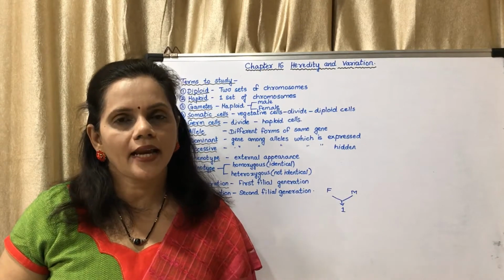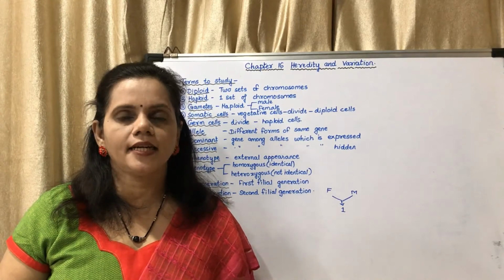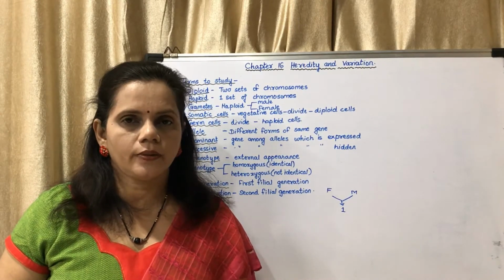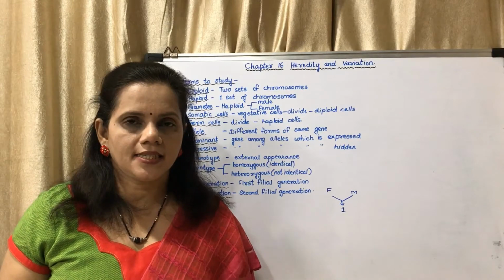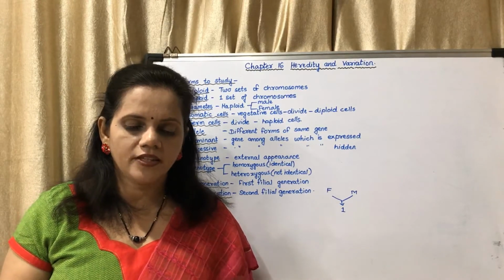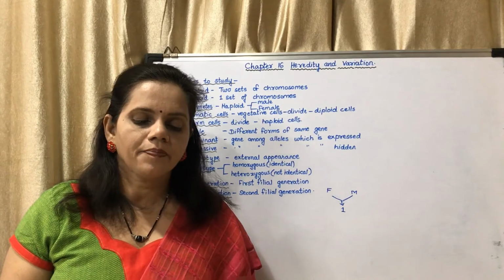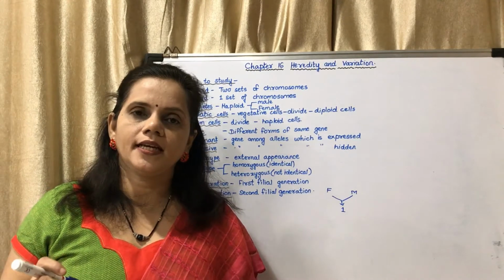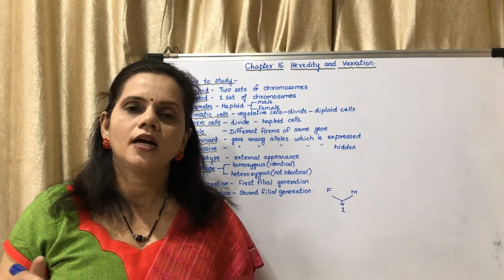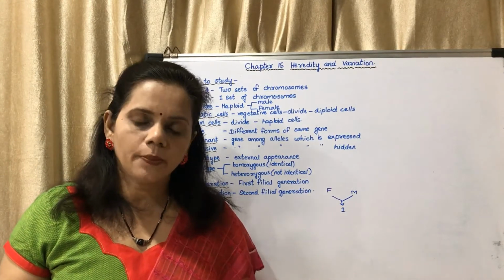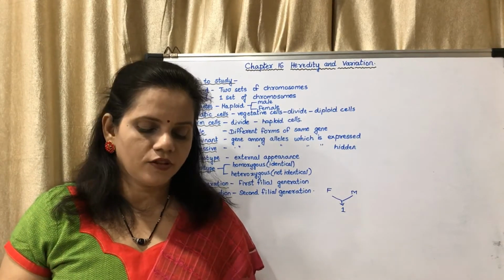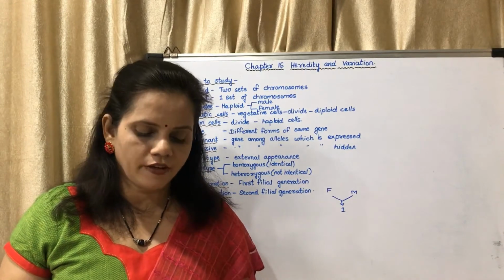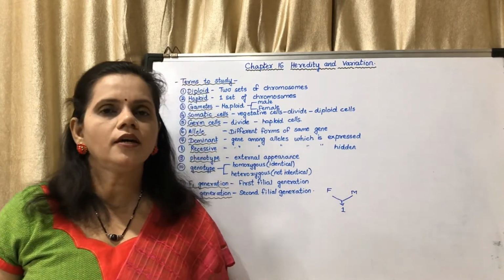Now what were the characteristics which he studied? This is a 3-mark question. What were the characteristics? It has been given on the left hand side in the table. He studied the shape of the seed, color of the seed, color of the flower, shape of the pod, color of the pod, position of the flower and height of the plant.